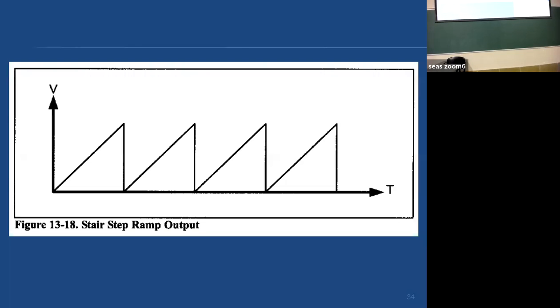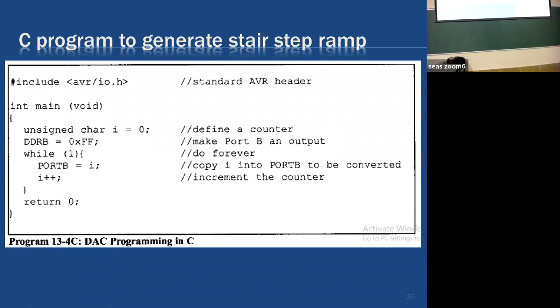Now we want to send the pattern here. So this is the pattern. We want to send port B the value of i, and we keep increasing the value of i. And that is in the loop. Okay, so we have an 8-bit pattern starting from all zeros, then 1, 10, 11, 100. Leading bits are 0, okay, and so forth. So that we send to our DAC converter. The DAC converter will convert it into analog form. As simple as this.